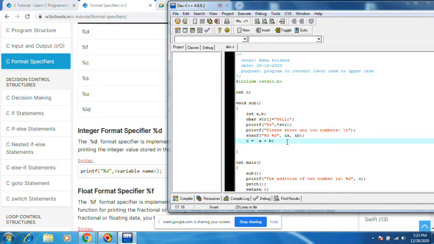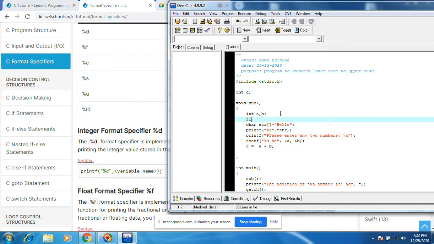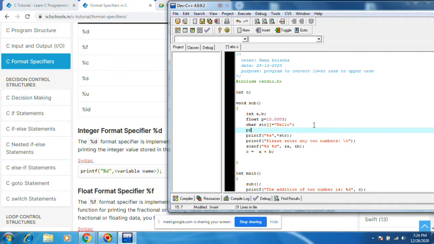Something like, how to print this float value. printf %f, comma p.